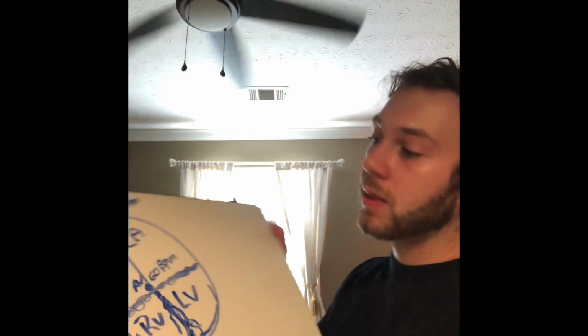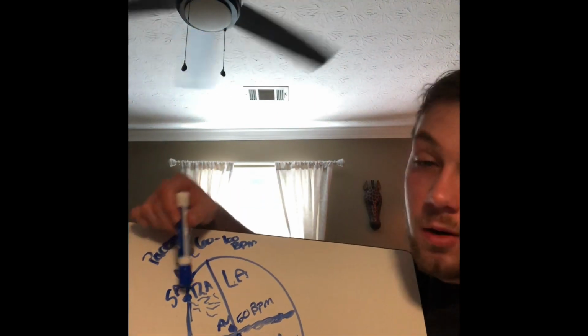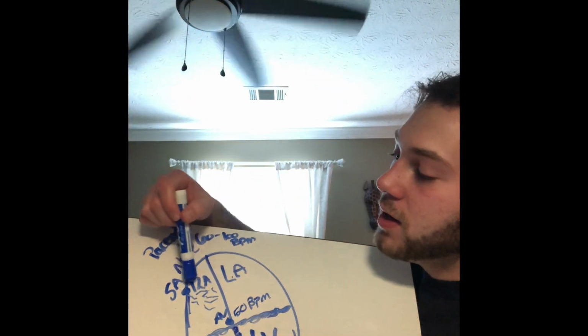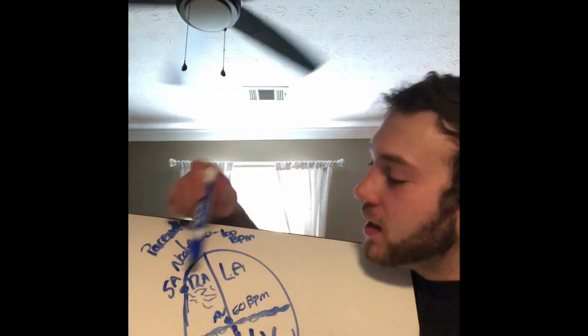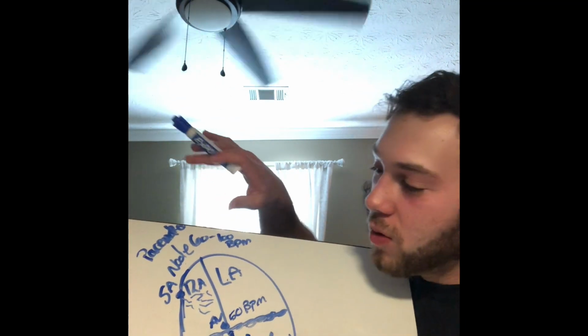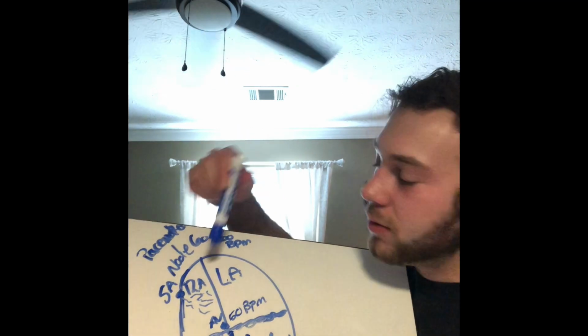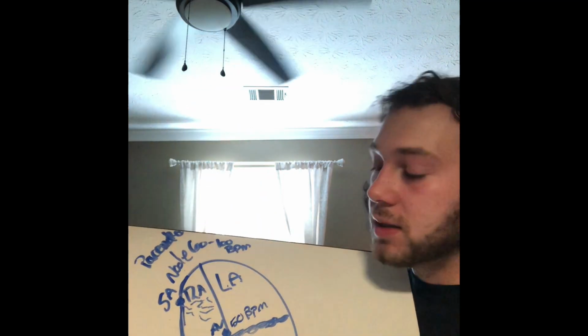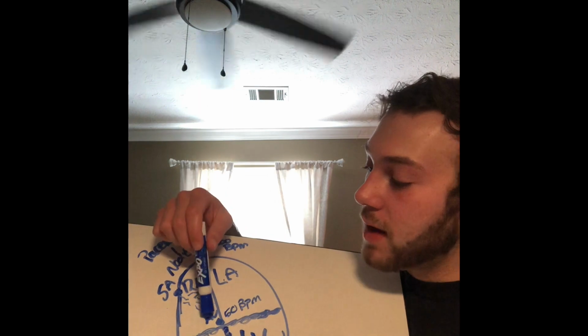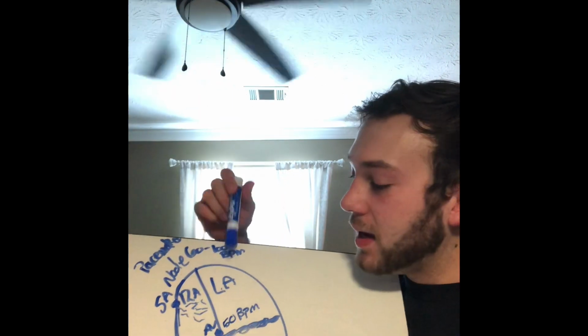Again, just to reiterate, a quick breakdown. Remember, SA node fires off, your pacemaker fires, travels across right and left atrium, kind of going at about a diagonal direction, and it is moving from cell to cell. Now it is going to hit something called the AV node, which will basically cause a delay, allowing the ventricles